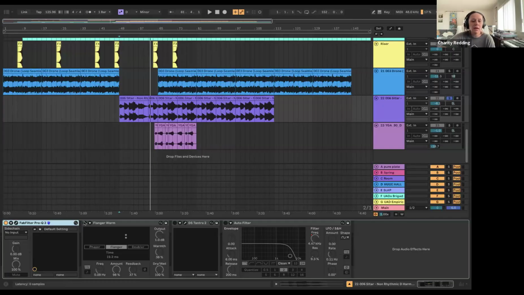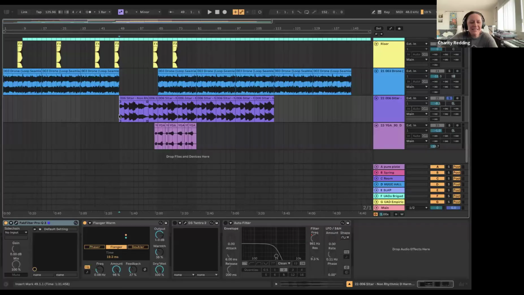space. I added a flanger. I can never say this word right, I always say it wrong. Just to create some movement. Like she had said, you just want to create some movement. And I have it at a pretty low frequency,